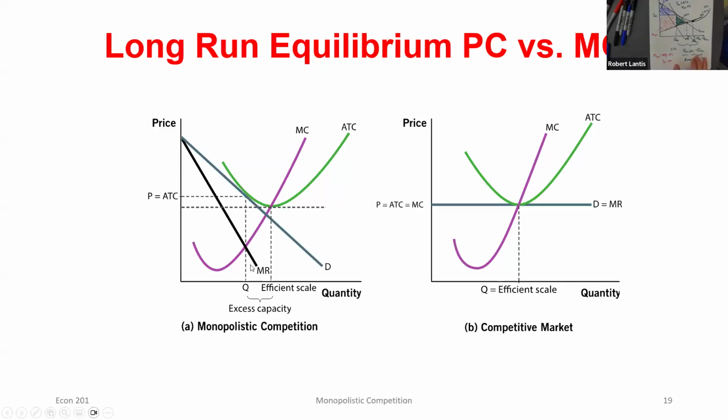So if I was summarizing this, I think I have a slide here. I'll come back, yeah. So we also talked a lot about last class, even though profits are 0, we also have that the price being set is above marginal cost, so we have a markup. Perfectly competitive firms, price is exactly equal to marginal cost, so the markup is 0, right? So if I was kind of summarizing this, I would think about the following, right? If I'm comparing these markets,